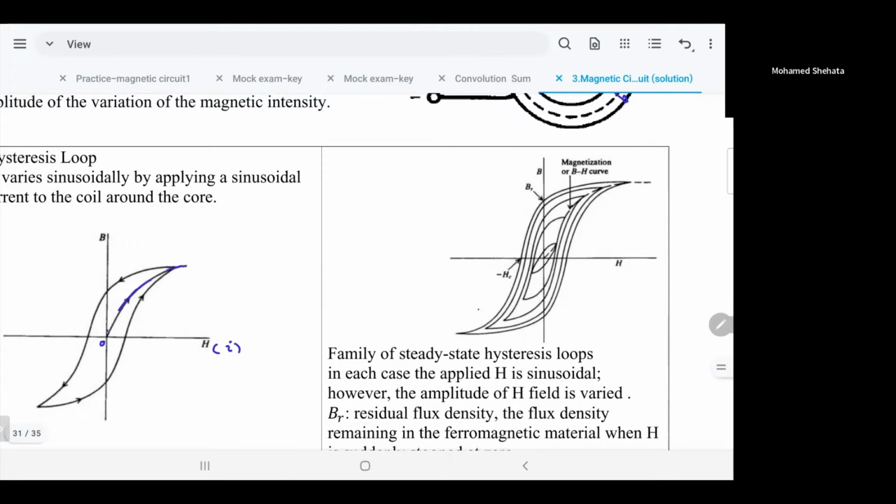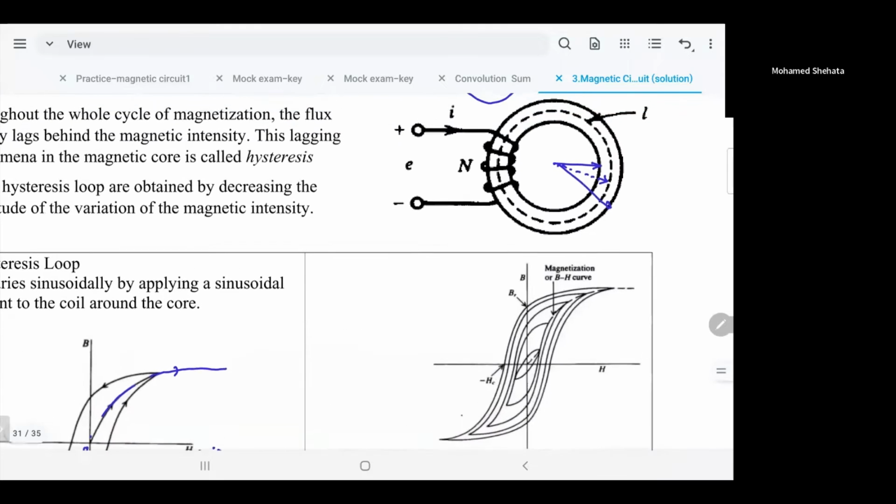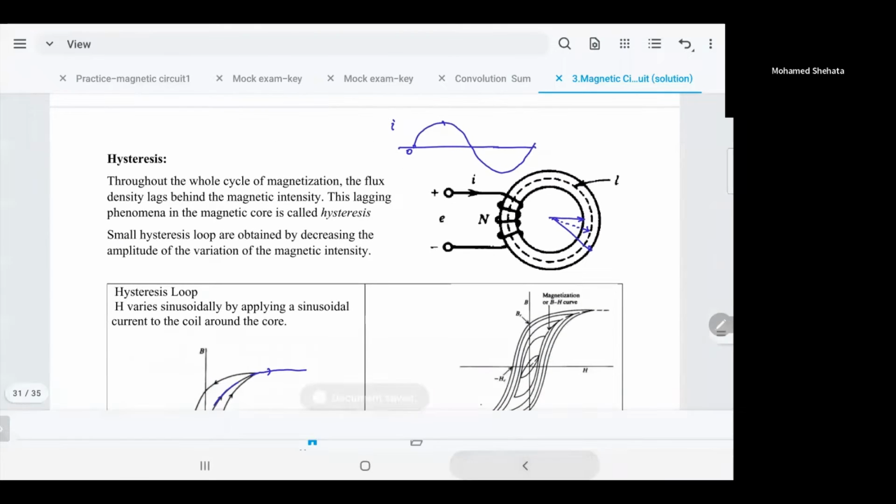And if you increase more, it will reach saturation, because we are doing this test on a ferromagnetic material. So if you continue increasing the current, it will just be like a straight line in saturation. But we're doing sinusoidal, and then it reaches the maximum,